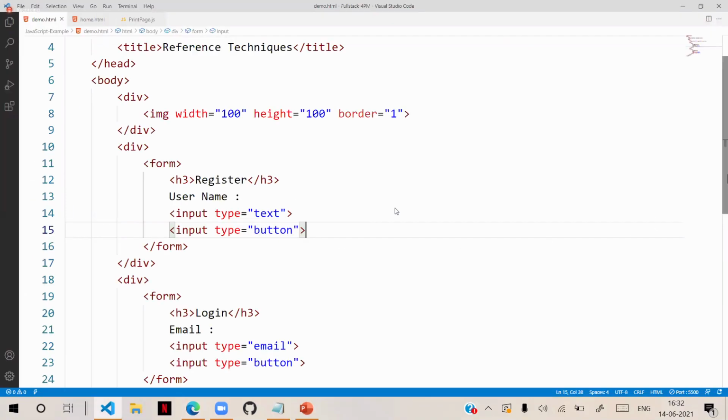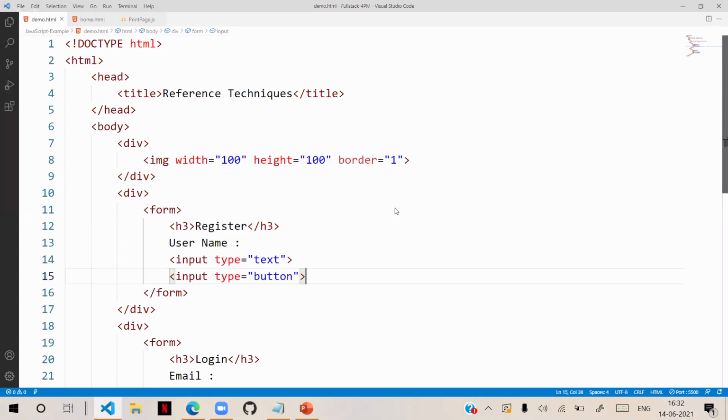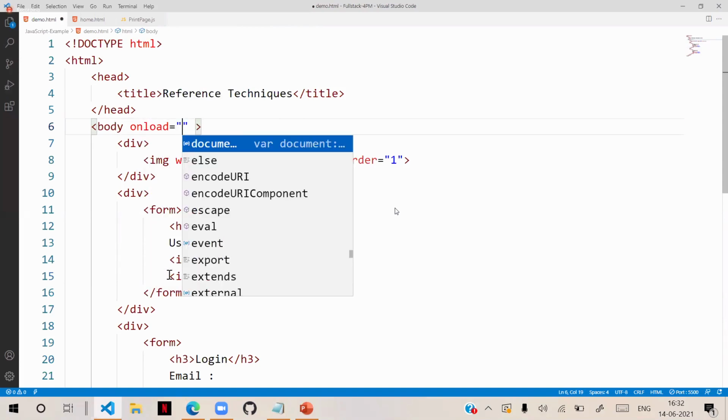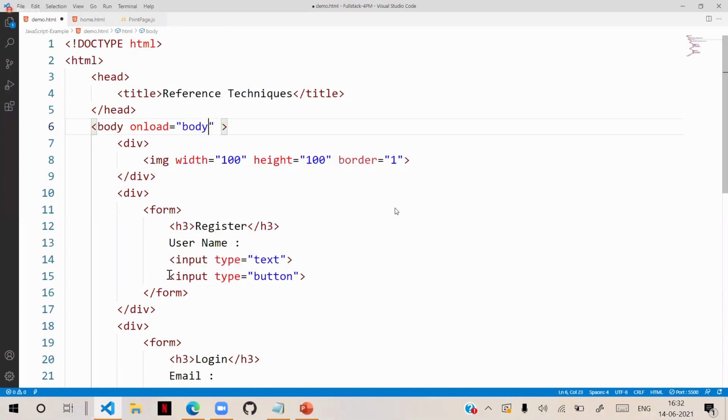When I want JavaScript to take control on body load, for the body I am writing an event called onLoad. It will use a function called bodyLoad. onLoad is a ready-made event. You can write onLoad for images, body, anywhere.